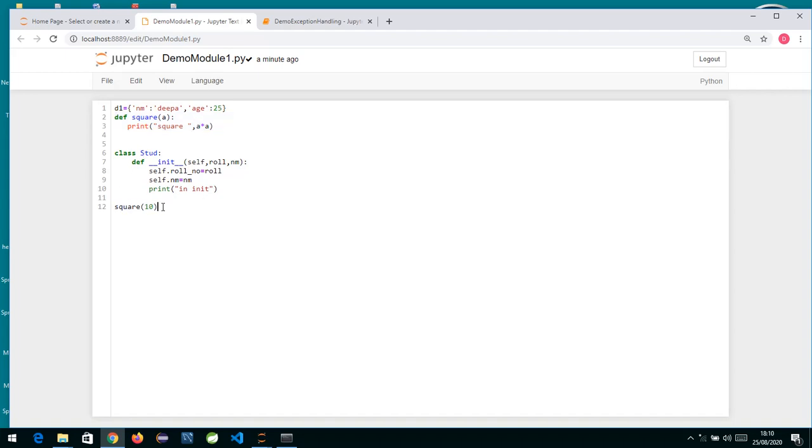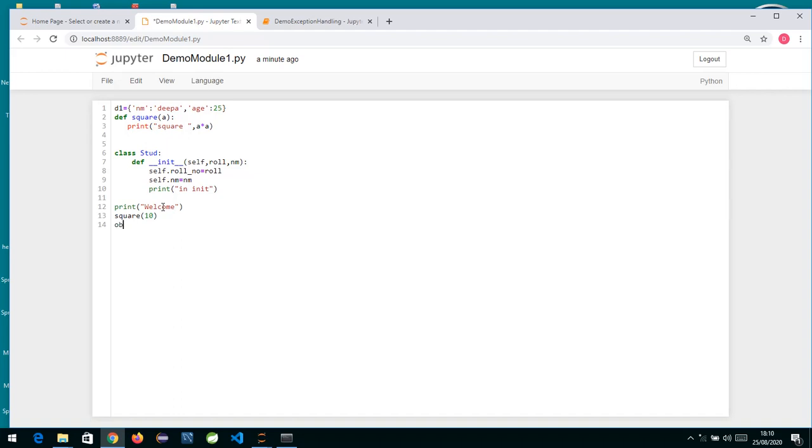Now if I want to create an object over here, suppose I write print, and something like welcome. And now suppose I want to create an object. How do we create an object?